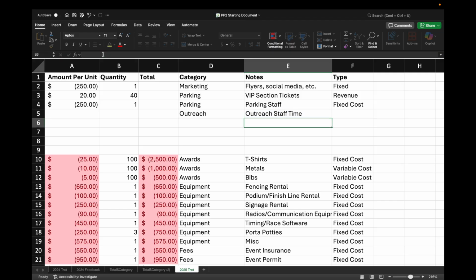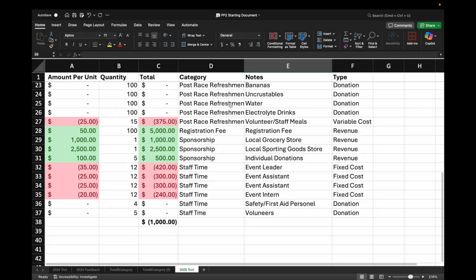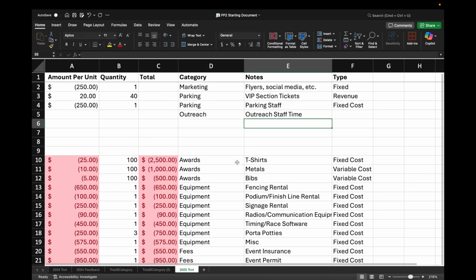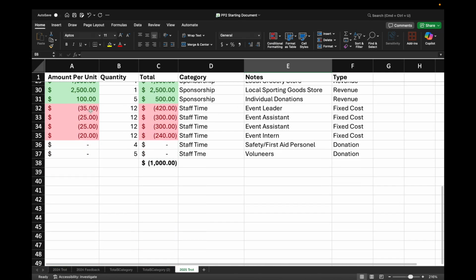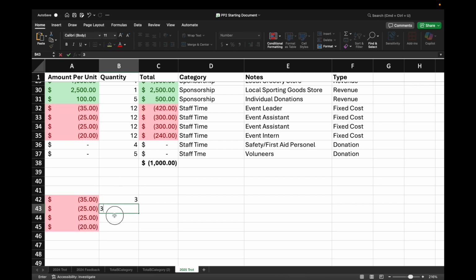And let's say that my staff are going to spend 3 hours each creating relationships with local businesses. So what we have to do for that is take their wages and paste them down here. Let's say that each person here is going to spend 3 hours. We're going to do our multiplication formula.